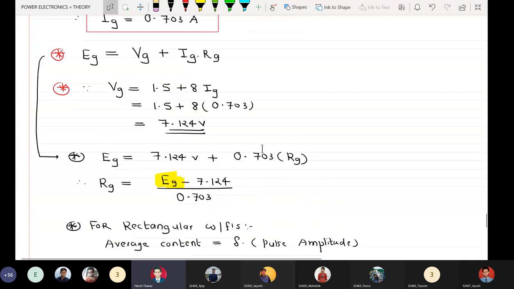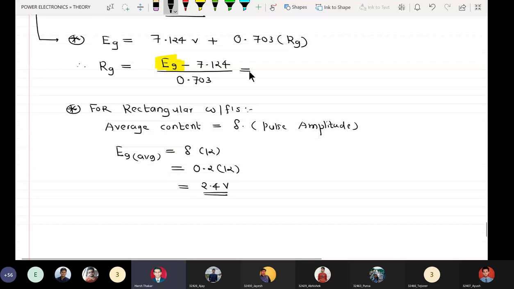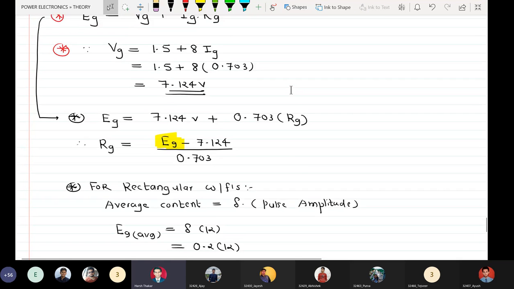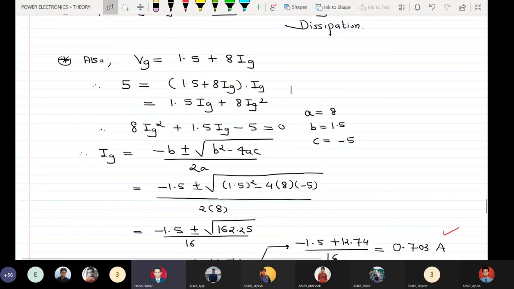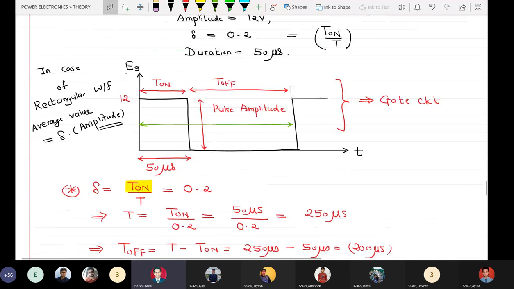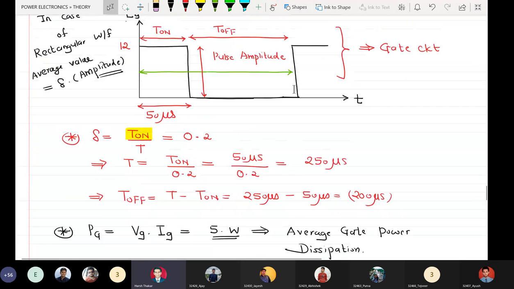Okay, but see, calculating the average content is not going to help. You know why? Because if I write down EG AVG here, then it is 2.4 minus 7.124 upon 0.703. This will not work because this will give value of RG as negative. That is why we cannot do these things here. Because if average power was given, then we have to make a different kind of calculation, but it is given peak. Okay, so peak gate power dissipation. Okay, so when the amplitude is present as 12 volts, that is where it is peak. So we have to write down here